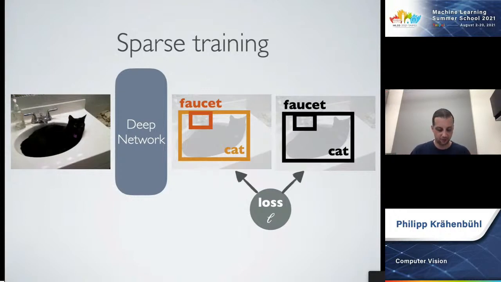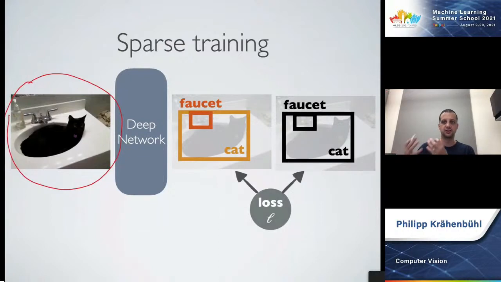So we can have one input image, but the outputs here can have a variable size. It can be a variable number of objects at a variable set of locations. And we're going to have a variable set of ground truth annotations that we need to match, right?